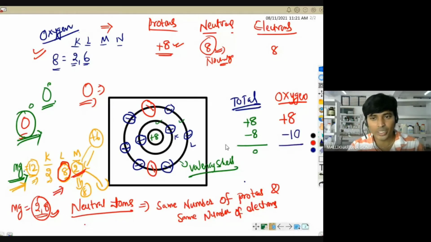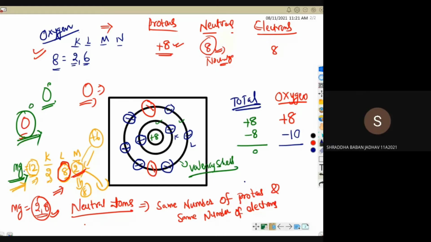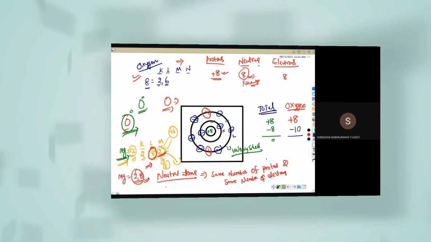So you add together plus 8, minus 10 and you tell me what is the answer, Shraddha. Rest all students calculate and tell me. Okay, why it is plus 8, minus 10 we have discussed already. Yes, Shraddha, tell me. 0, sir. Yeah, plus 8 minus 10 is 0.